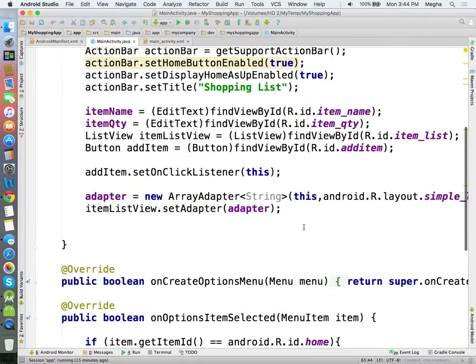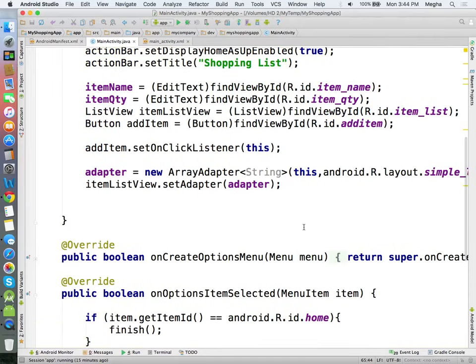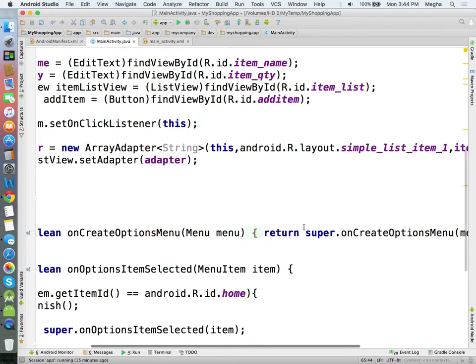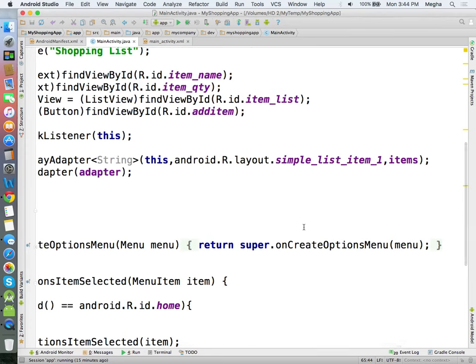Pay attention to the example here. The array adapter is a built-in adapter. I already told you adapters mean it can combine an array list or data set and the design. Two things it can combine, and of course it is doing it. It takes 3 arguments, first being the context, the second being the design template XML, the third being the data, the array list.